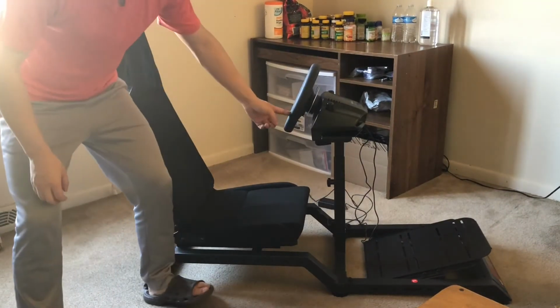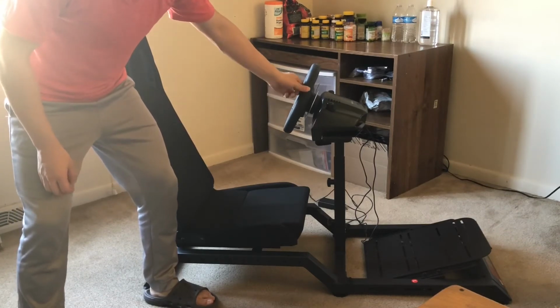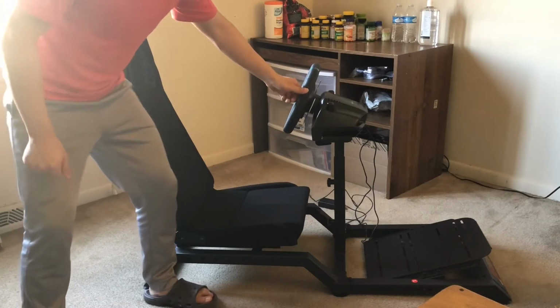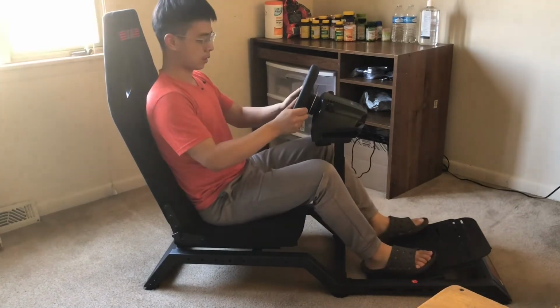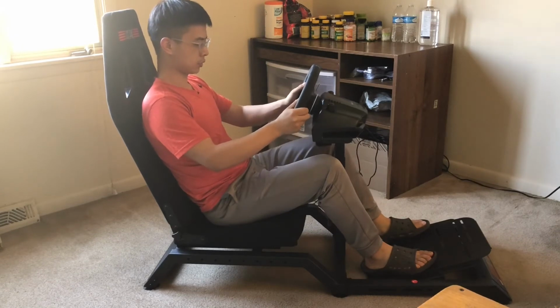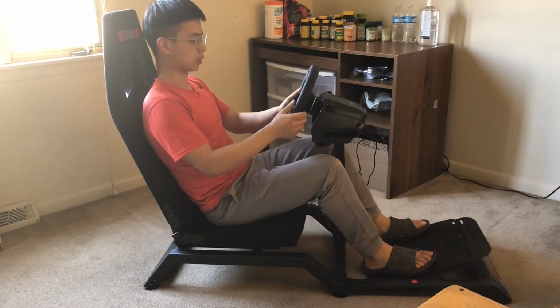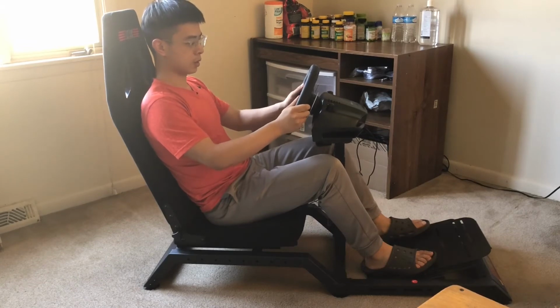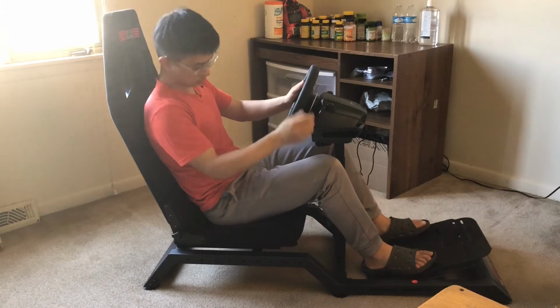Okay, this is Logitech G29 steering wheel, one of the most commonly used in the racing game world. So let's see how it feels. First, let's test the longitudinal movement slack here. You can still feel it. I mean, if you deliberately move it forward and backward, it is gonna be there. But laterally, I mean,